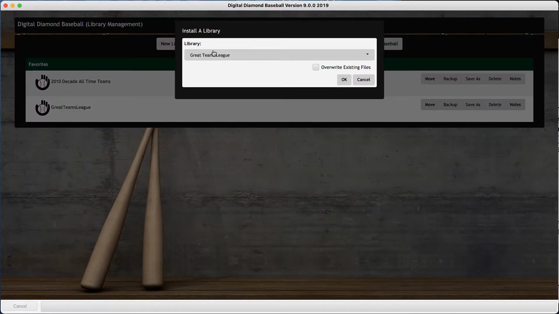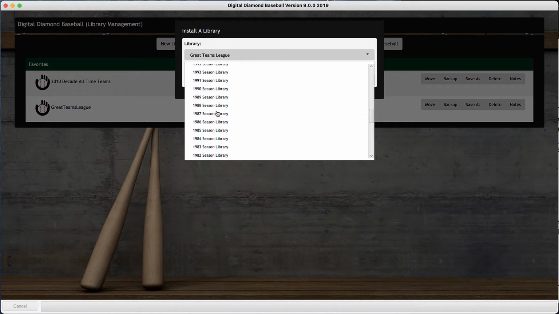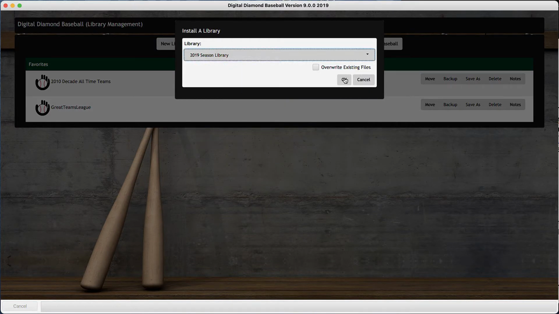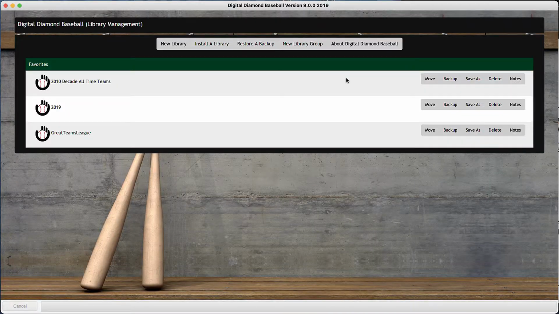This gives you a list of all of the available libraries online that you can download. I'm going to select the 2019 season library and install that library here locally. Okay, once the library is installed,